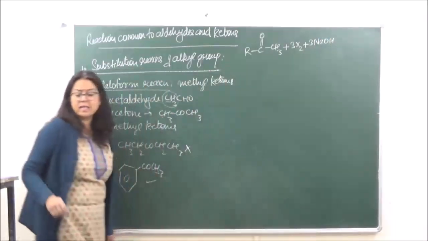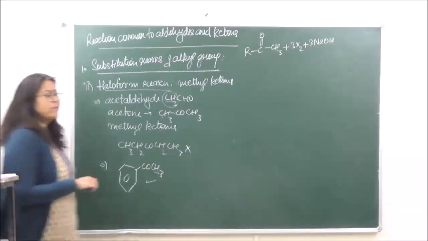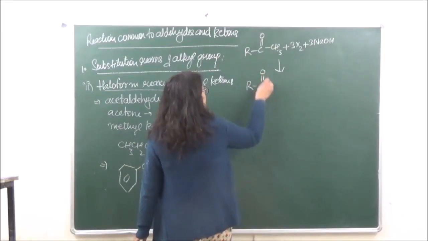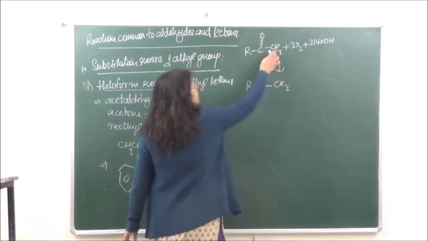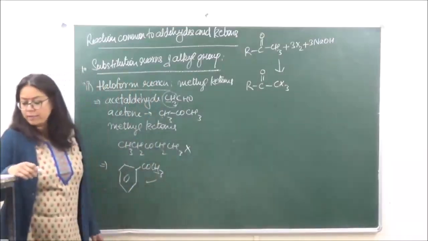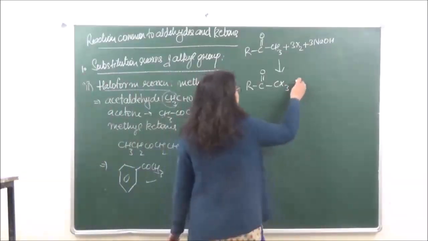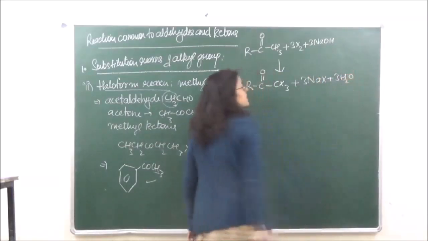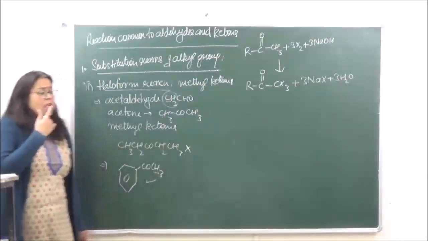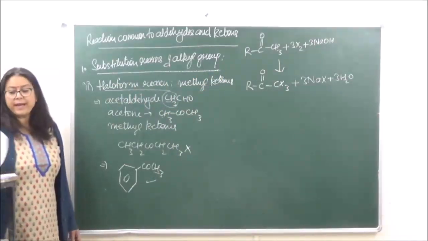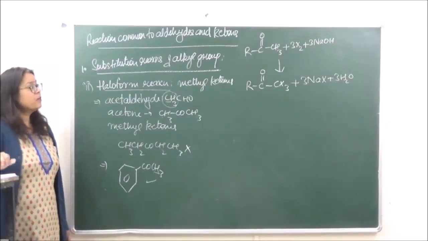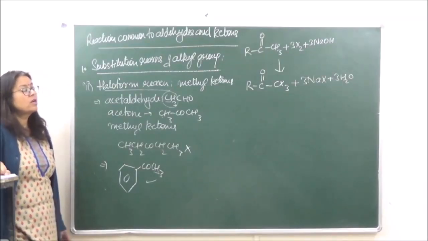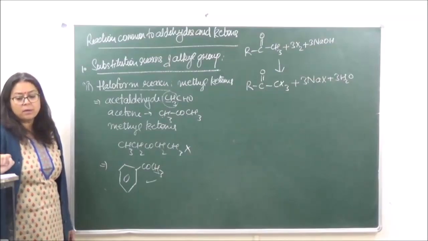We are reacting this in presence of an alkali. When we do that, all these three hydrogens are going to be substituted by the halogen, okay? Generally this test is done with iodine, because when we do the test with iodine we get iodoform, and that iodoform has a yellow color. That yellow color gives us a test for the methyl group present with the C double bond O.